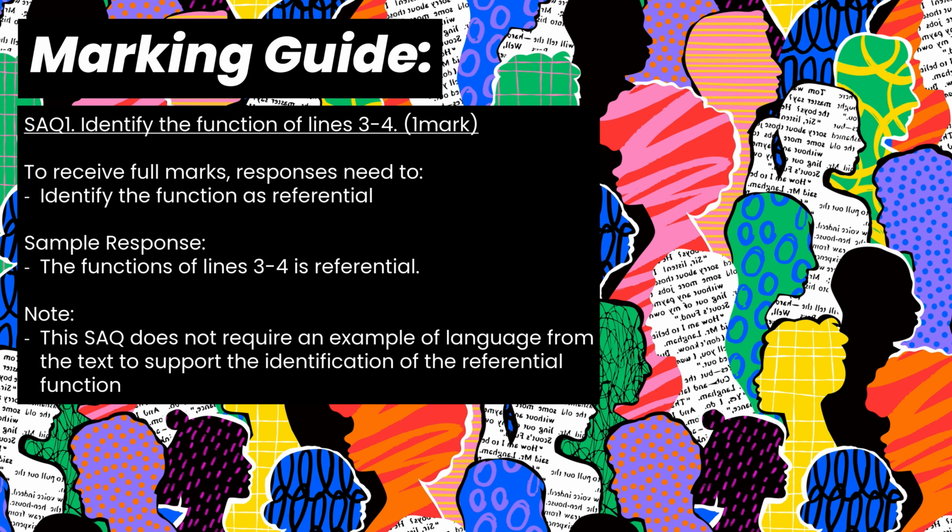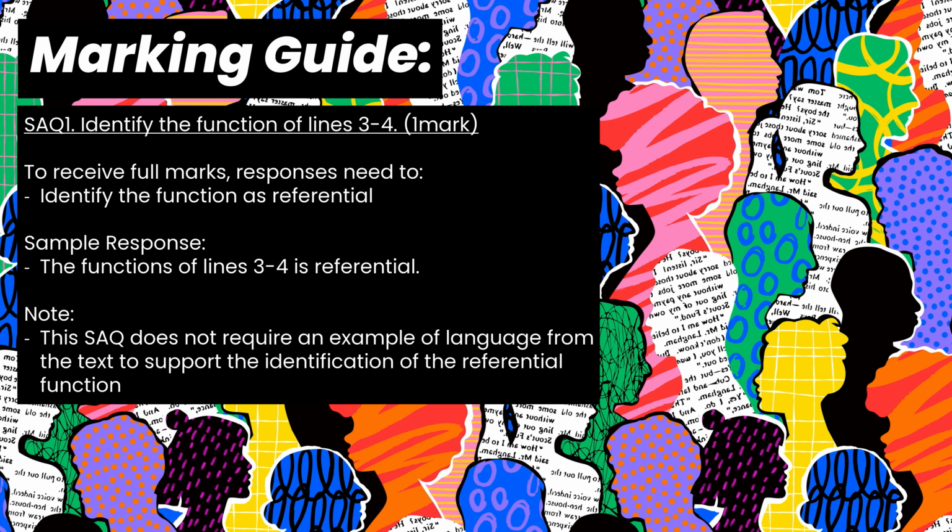Okay, after a little bit of writing time, it's time to talk through the marking guide. Now, the way this discussion is going to work is, as you can see on the slide, I've got the suggested marking guide, and then we're going to talk through a sample response. So, question 1, identify the function of lines 3 to 4, and it's worth 1 mark. So to get full marks for this question, you needed to correctly identify the function of lines 3 to 4